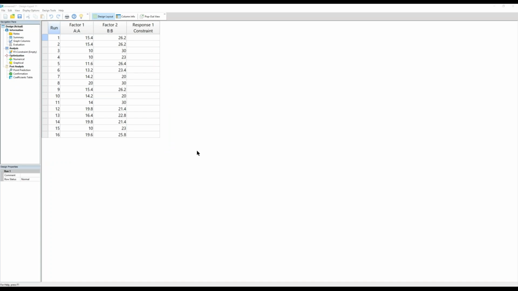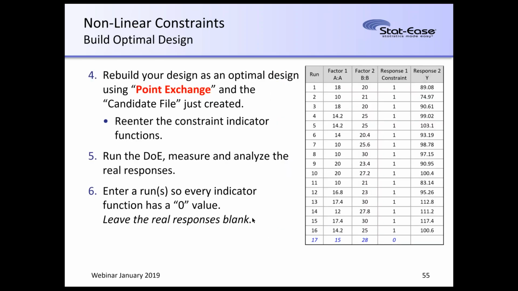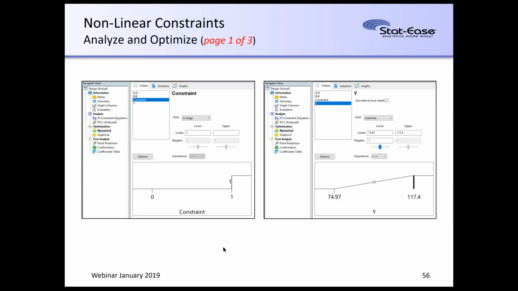Okay, I don't want to take the time to type in the constraint function, but I'd then enter that constraint function. I'd put in an additional run where I get a 0. So I just put in the center of the circle where I get a 0. Run that design, get the data. Again, I can now constrain this to only search in the region where we have met the constraint. I can then optimize it,